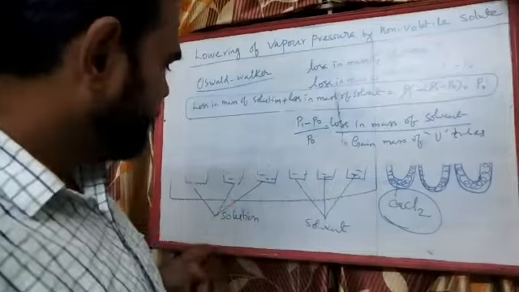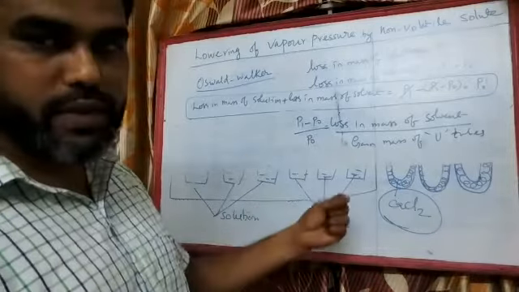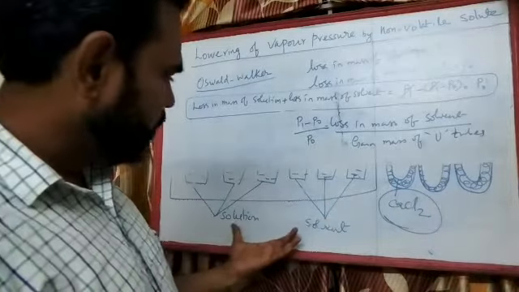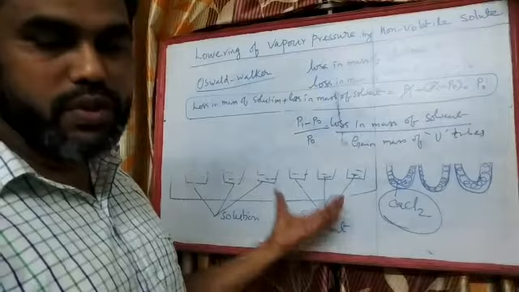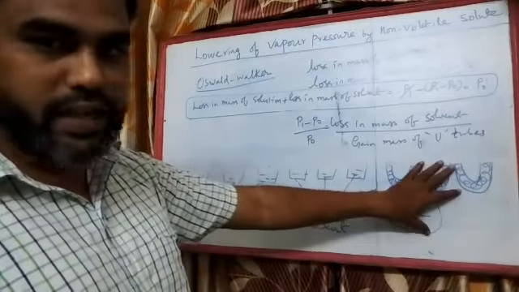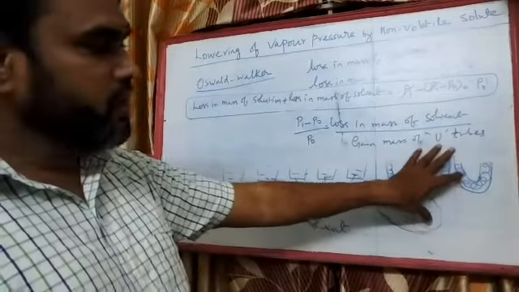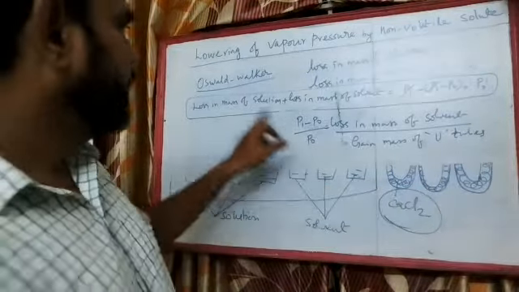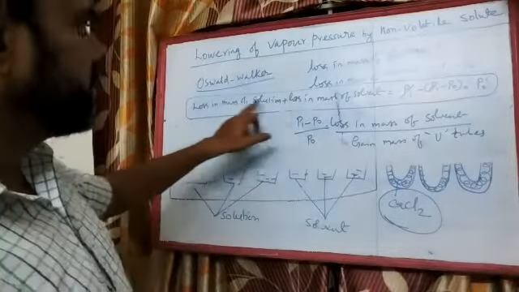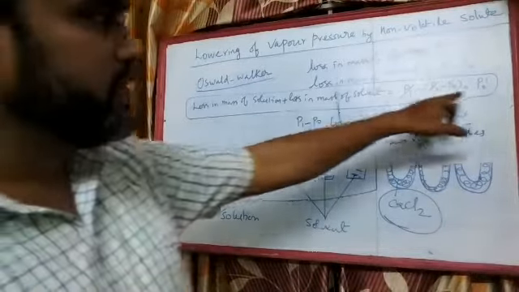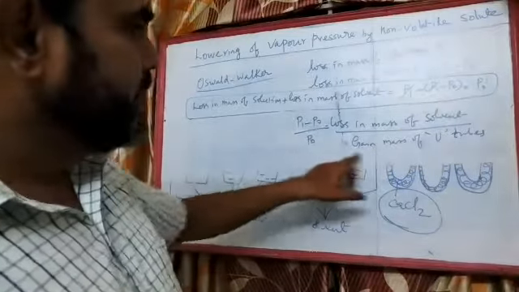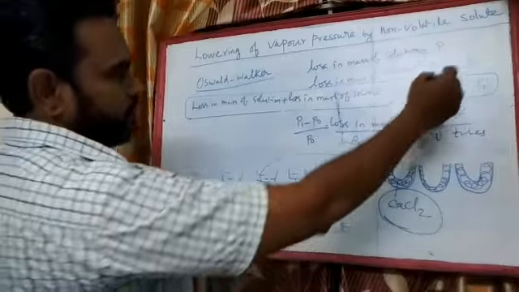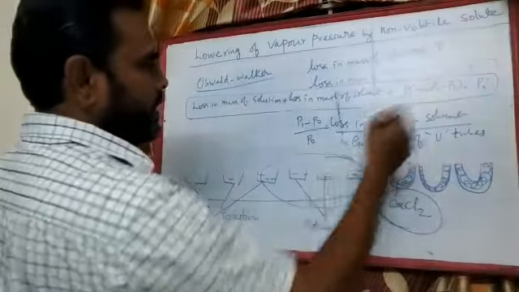That is, the vapors taken up by the solution and the vapors taken up by the solvent pass through the calcium chloride, and it is absorbed. So in both the solvent and the solution tubes there will be a loss of weight, and in the calcium chloride U tube there will be a gain of weight. So the gain in weight of the calcium chloride tube is nothing but these two, loss in mass of solution plus loss in mass of solvent, which is P0. That is the gain in mass of the U tube. The loss in mass of solvent alone, these three bottles alone, is nothing but P1 minus P0.